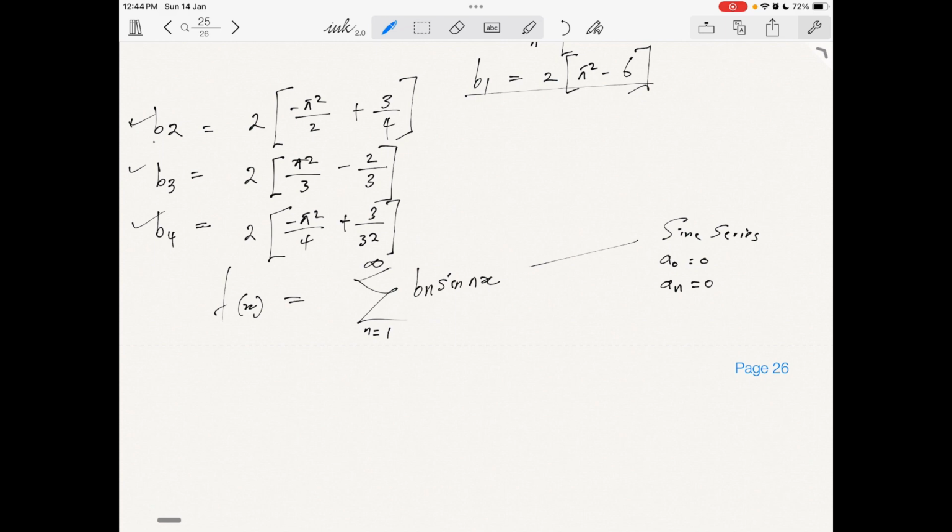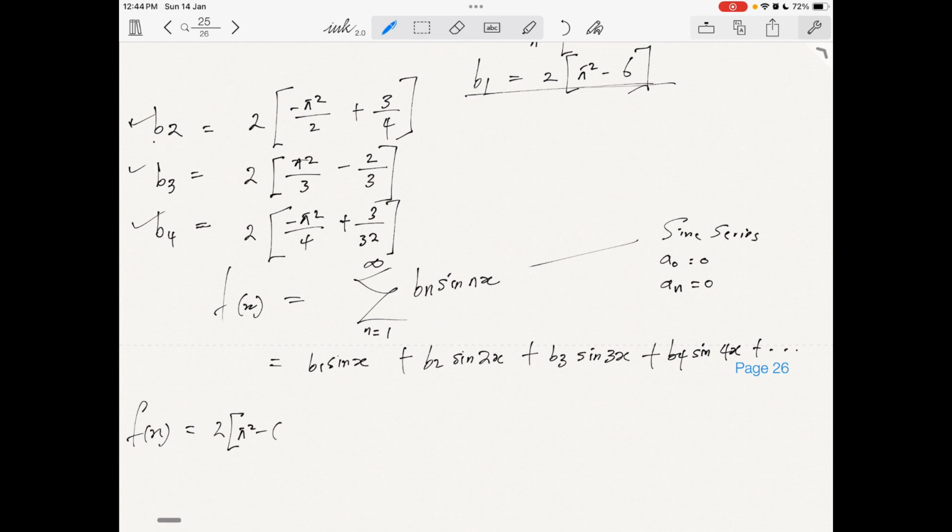So splitting this individually, we have b1 sine x plus b2 sine 2x plus b3 sine 3x plus b4 sine 4x. So we have f of x to be equal to b1, which is 2 times pi squared minus 6,